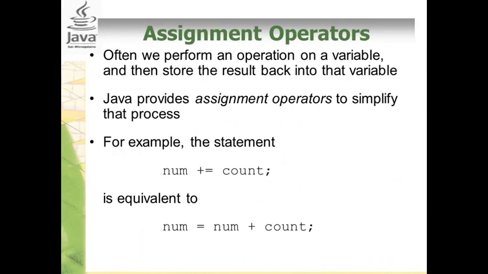Okay, the other form of writing a mathematical operation, we might write like that. Num plus equal count. So when num plus equal count, we always mean num equal num plus count. That means we will take the variable at the left side of the equal,